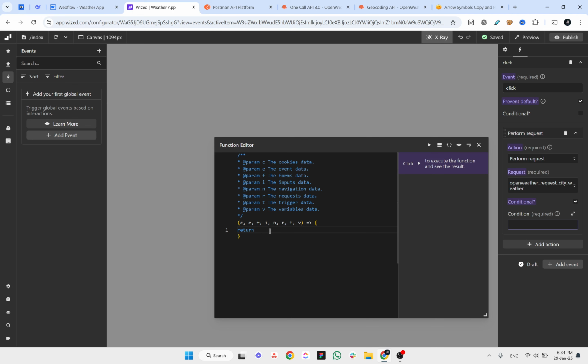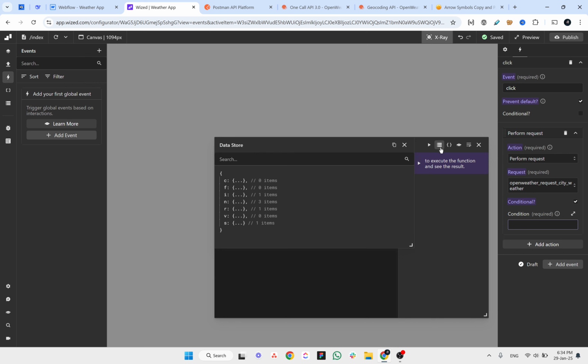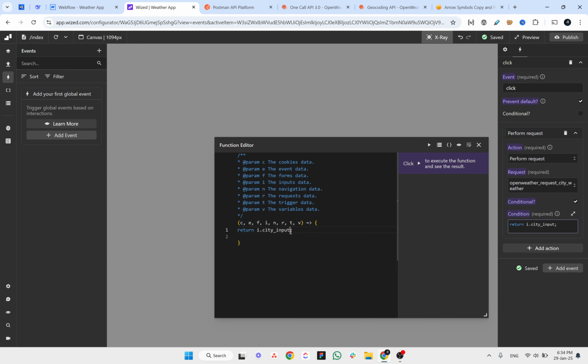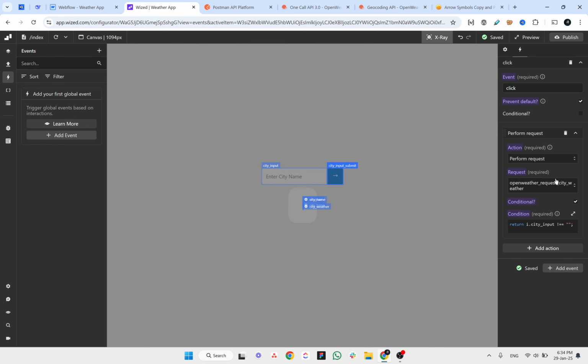So we can say, let's go to the inputs, city inputs, right? And we can say that when this is not empty, right? I hope this will work. I'm not sure. But the logic is like this. If I just close this condition, and if I try to refresh the canvas,